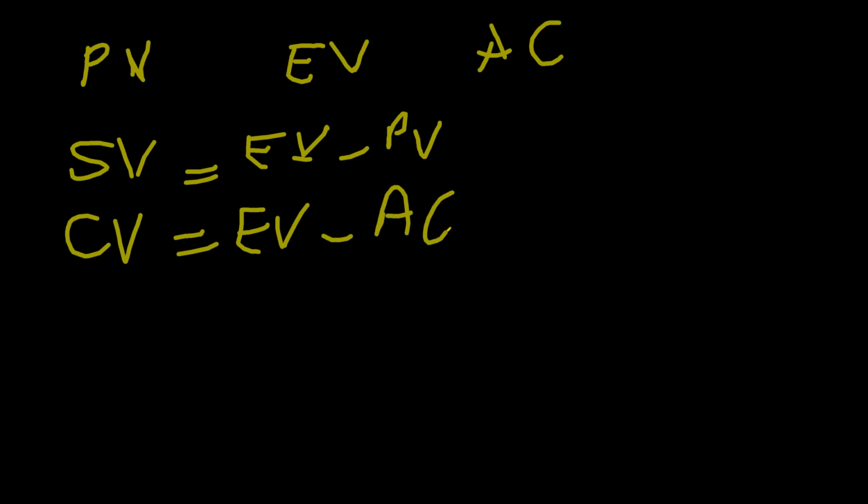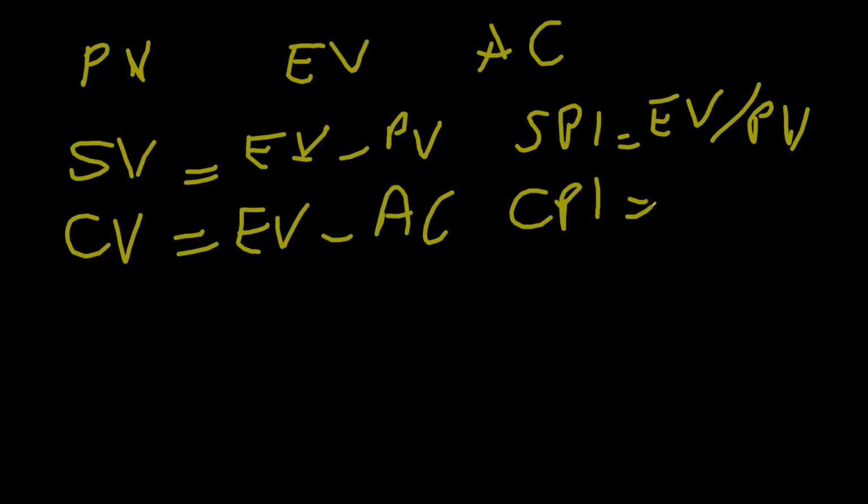Schedule performance index is equal to EV divided by PV, and cost performance index is equal to EV divided by AC. राइट, ये बेसिक फार्मूले हैं जी हमारे।